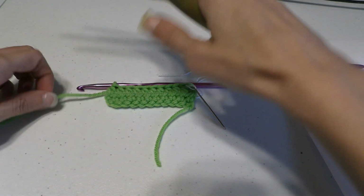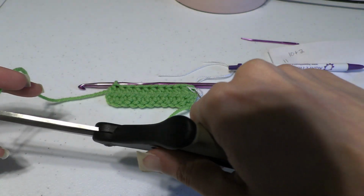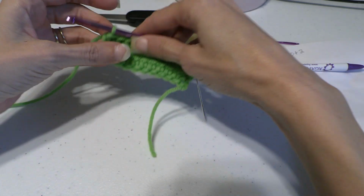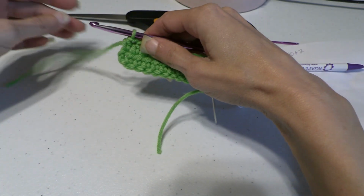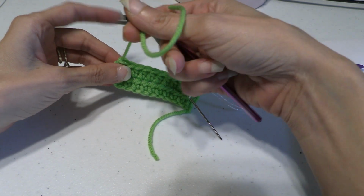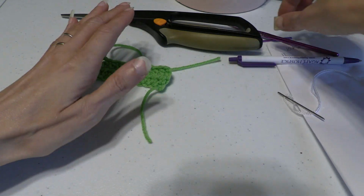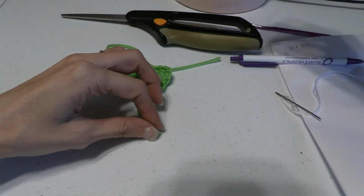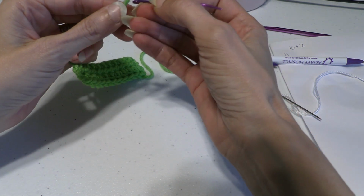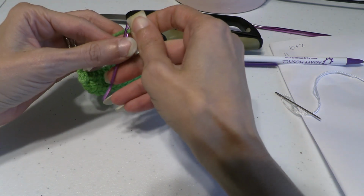I'm going to cut. I don't need a long piece. Probably, I don't know, 6 or 8 inches. Pull our yarn right on out. I'm going to go ahead and take my stitch marker out because I'm not continuing any further. With our end piece where we first started, thread that through your yarn needle,